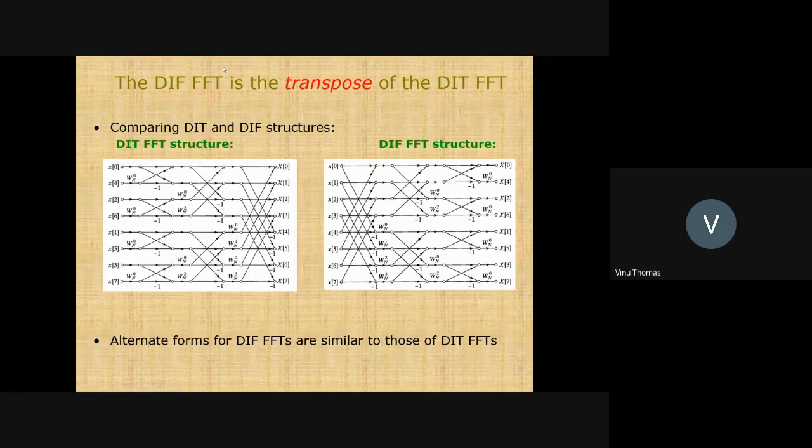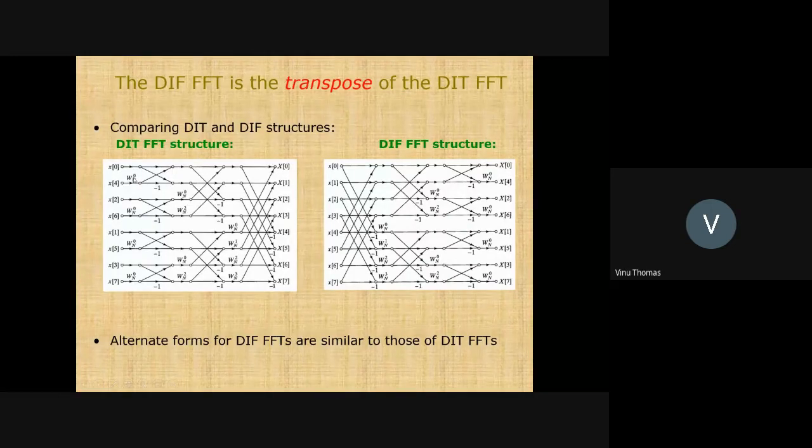The equations for the analysis and synthesis are very similar. Let us see what the differences are. The difference lies in the sign of the complex exponential. You have Wn raised to nk for the analysis equation and Wn raised to minus nk for the synthesis equation. That's one difference. And you also have this division by n for the synthesis equation. So maybe you can modify the structure by changing the powers to negative values.